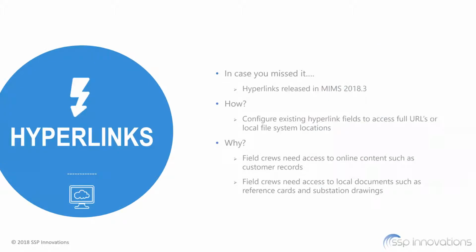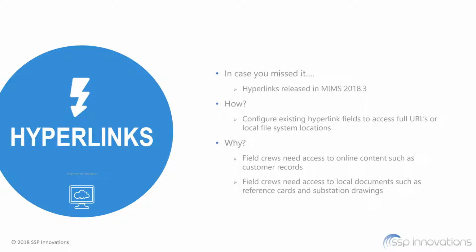So this one did not show up on the agenda. This is a bonus slide. We were not sure that absolutely everybody knew that we released support for hyperlinks in MIMS 2018.3, and that went out in November of last year. And we were highly pleased to release this, as it's one of the most often requested gap items between GoSync